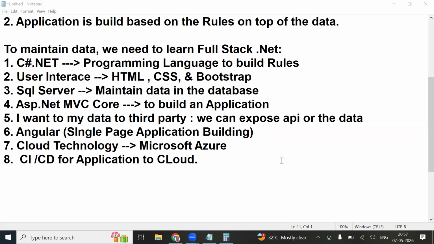There is a demand, there is an opportunity, and the way to make sure your profile will be selected is in your hand. It is not somebody else's hand. For that, you need to understand how the industry is picking the profiles. If you do not understand how the industry is picking the profiles, you can't get a job.